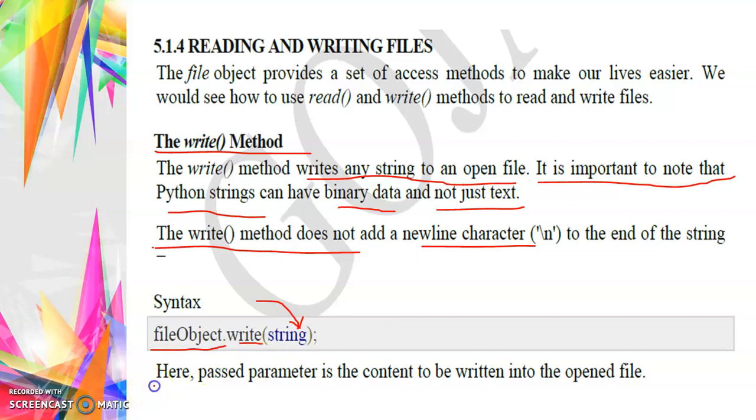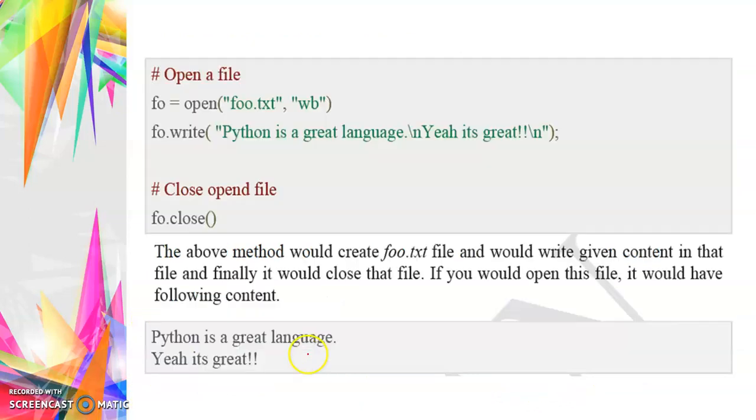So the passed parameter is the content to be written in the opened file. Example: file object equals open of the file foo.txt, with the accessing mode wb, writing binary format only. So fo.write, and the parameter is 'Python is a great language'.